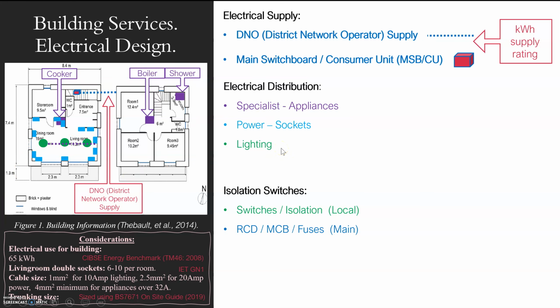Okay, so you need to think where is this electricity going to get distributed before you move on to the method of that. You also need to think about isolation. So we have local isolation, so we have fixed connection units, or we have switching like this, where these two are for the cooker and your socket, so that switches the socket here. Your cooker will be hardwired to a socket down here